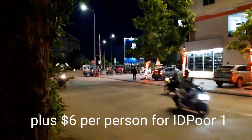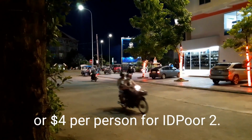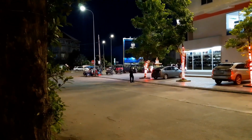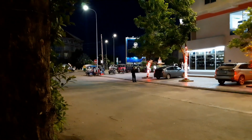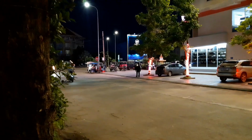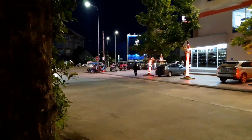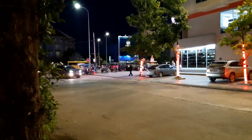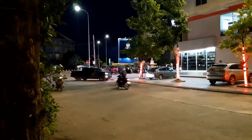So it's a little bit of a process to get it. So people have to register with their local office, local Sankat office, commune office, with the village chief or whoever the person is in the area. And then once their name's on the list, they're told to wait at home and somebody will come and do an assessment. So they come and look at the belongings that they have,